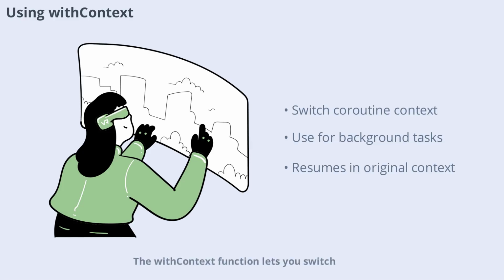The withContext function lets you switch the coroutine's context to a different dispatcher. This is useful when you need to perform a task on a background thread and then return to the main thread. withContext suspends the current coroutine, runs the block of code on the specified dispatcher, and then resumes in